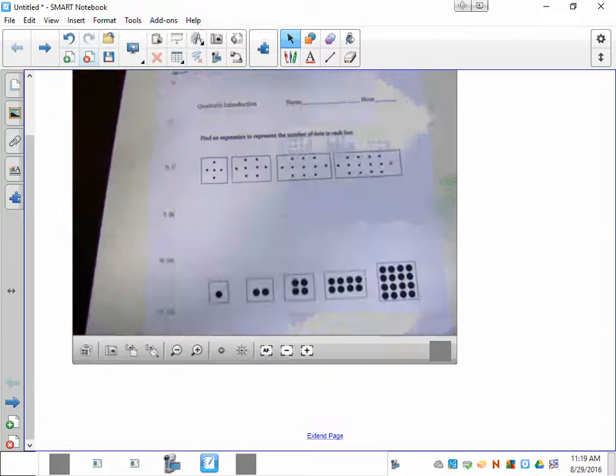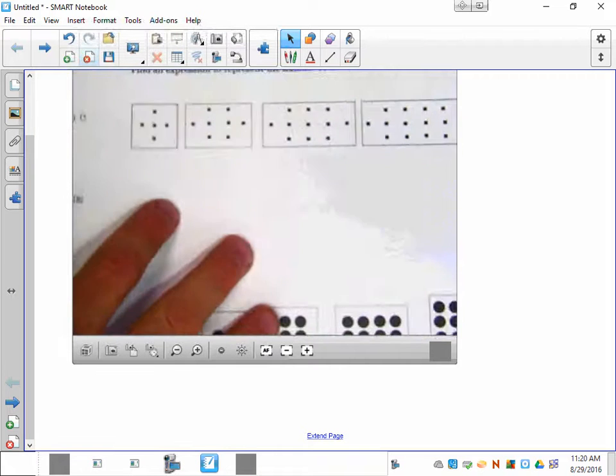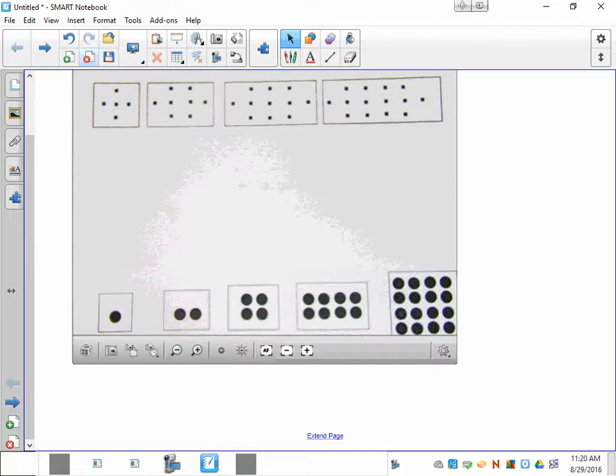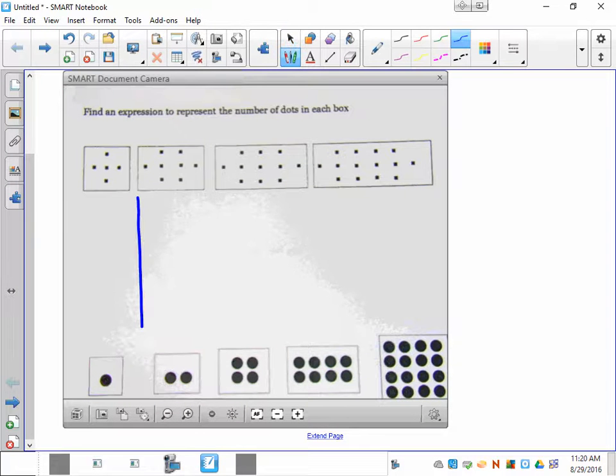So if you take a look at the first row of dots, let's make a table of values. So if this is my X list and my Y list,